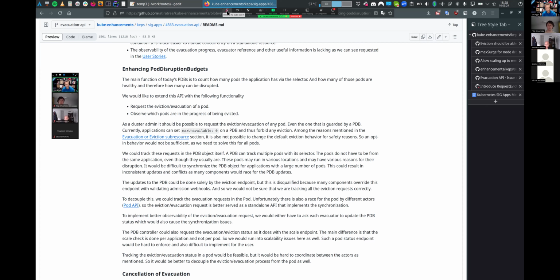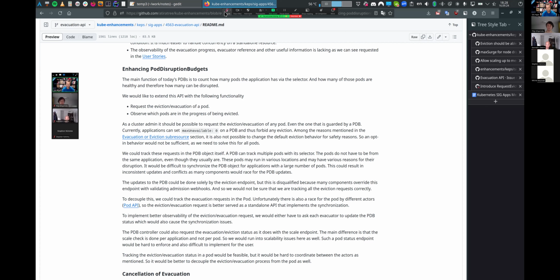I will admit that one of the concerns from the past discussion was the asynchronous idea of the evacuation API. I still kind of feel that a lot of the users already have a solution on their own that handles the asynchronous bit and the monitoring bit of the evacuation.